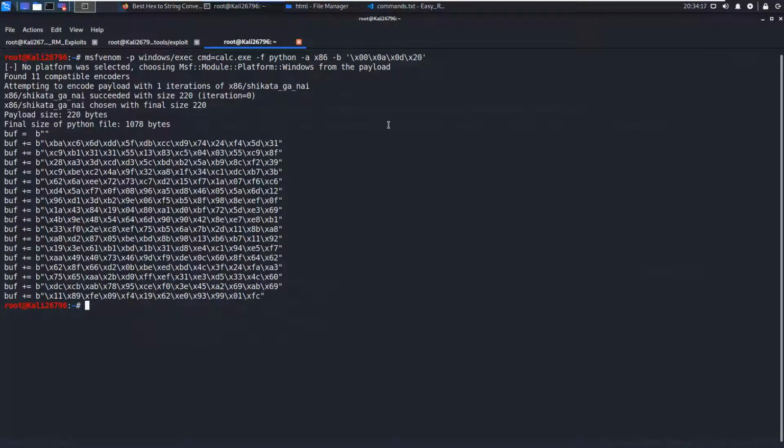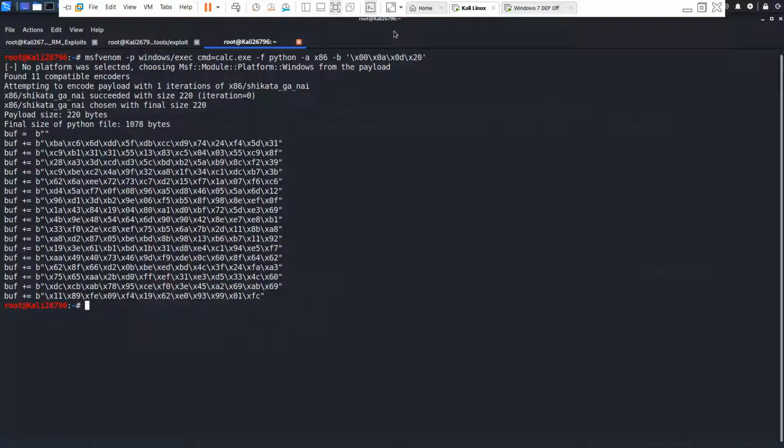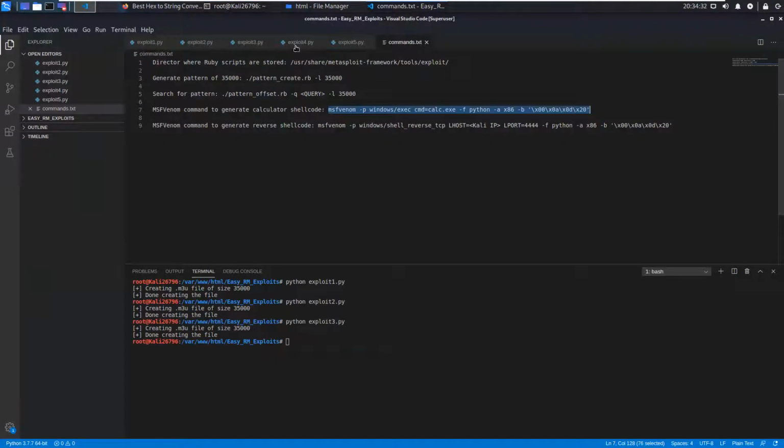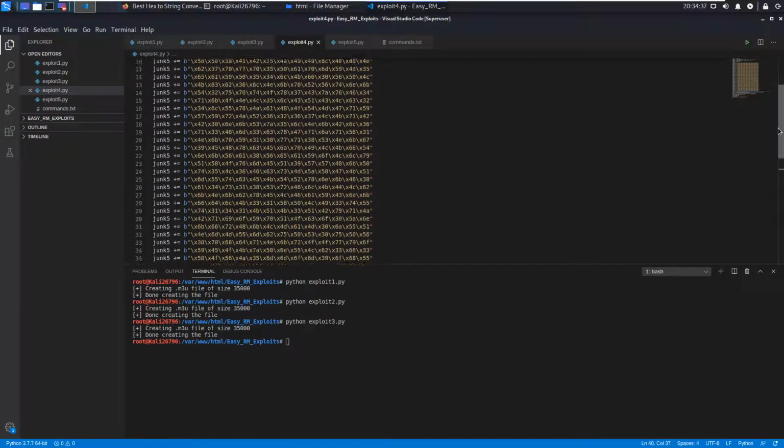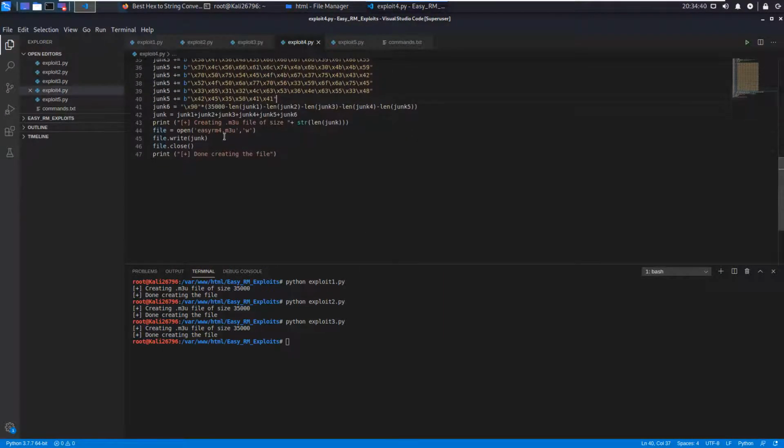It takes a few minutes to create the shellcode. If you omit the bad characters, it will quickly give you the shellcode. However, it is not recommended. It may cause your program to fail, meaning the shellcode will not run as you expect. So here I have this shellcode, but since I already have developed the exploit, I will go back to my Visual Studio Code and take this shellcode and put it here.